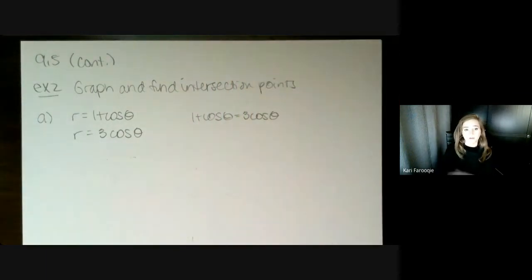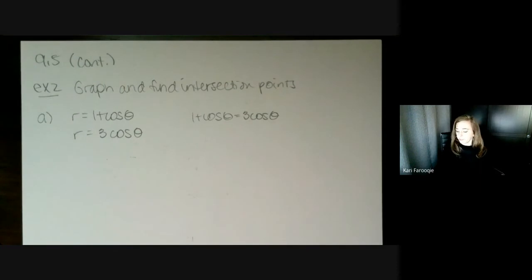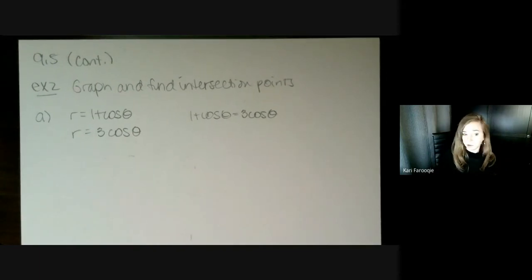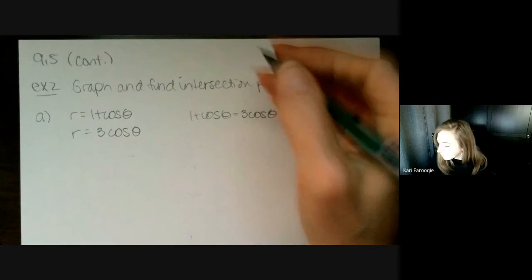and you're going to solve for your values of theta. And note that I said values of theta because, as you know, these values are not unique. As you work your way around the circle, you're going to have usually more than one place where these graphs will intersect, and you can already see that you're going to have at least 2.